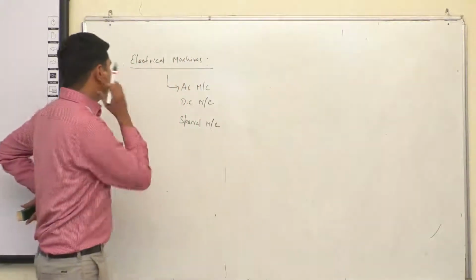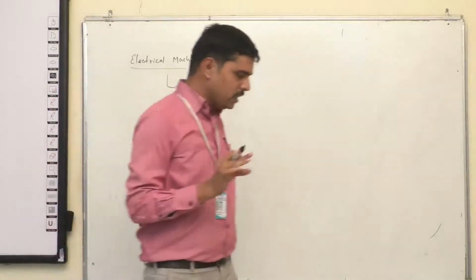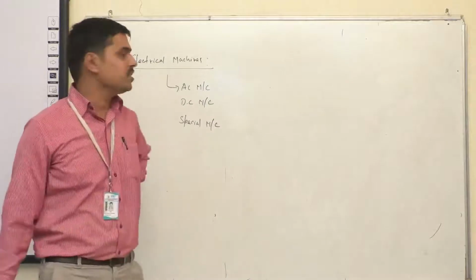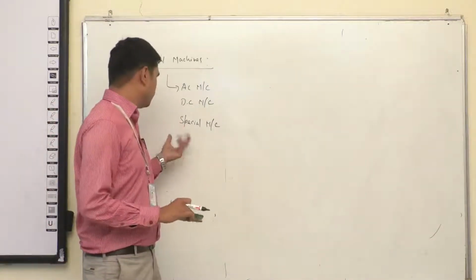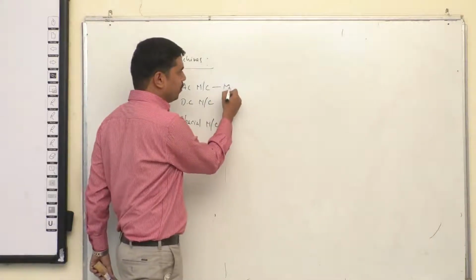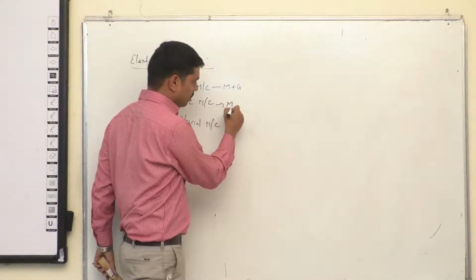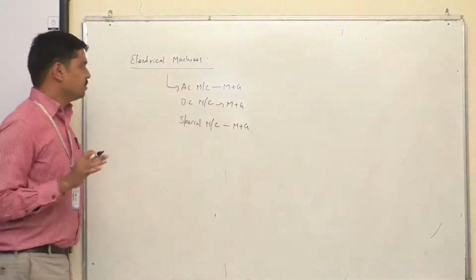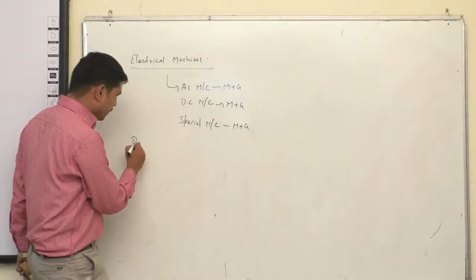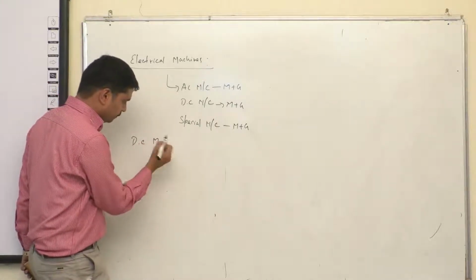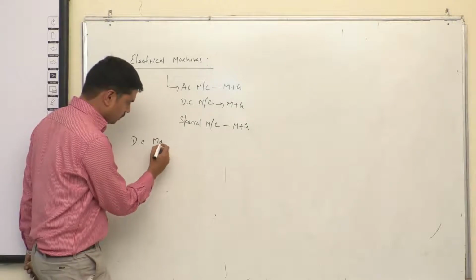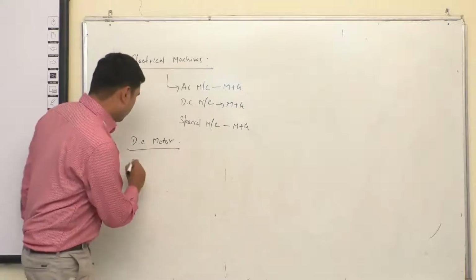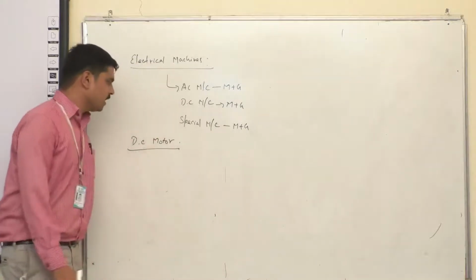Let's say if you go for an electrical machine, there are principles. The principles are very important for basic electrical concepts, whether it is an AC machine or a DC machine. The machine I am indicating is a combination of motor and generator. So, AC machines and DC machines. First we will speak about the motor. So the DC motor is a direct current motor.